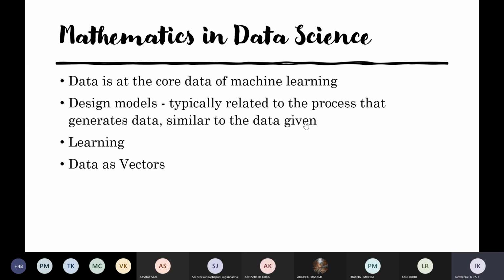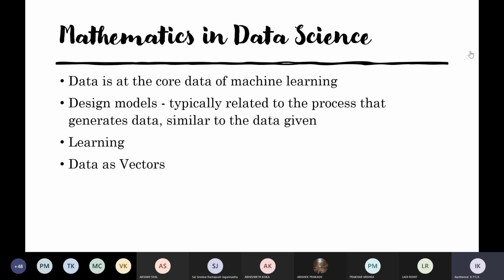Your AOD has a lab component, or your linear algebra had a lab component? Which course had a lab component? AOD, ma'am. AOD had a lab component. So you people have already done all these things: solving linear equations, eigenvalues and eigenvectors, decomposition. We did it in MATLAB, ma'am, not in Python. So not sure. It's okay. Do you want to do it in MATLAB right now? No, ma'am. Then I will change it.